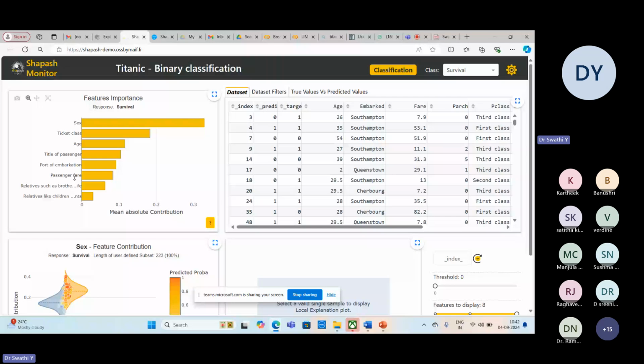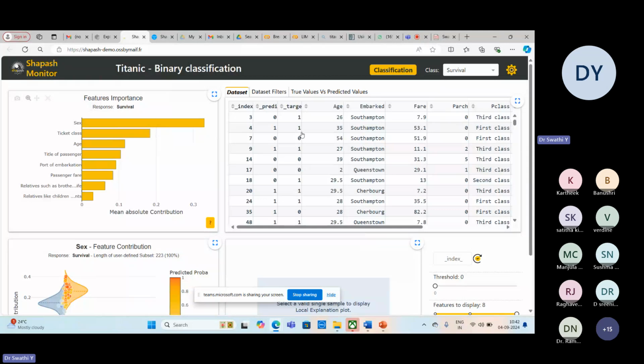Among all the features, you can see sex, whether male or female passengers, is contributing 32%. The ticket class is contributing 18%. Age is contributing 11%.